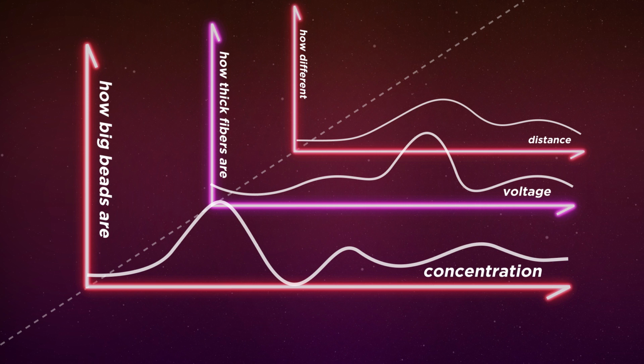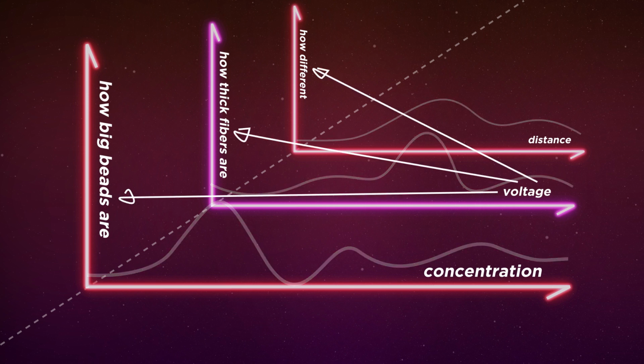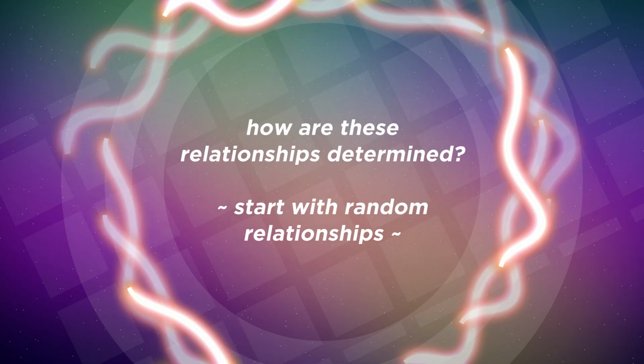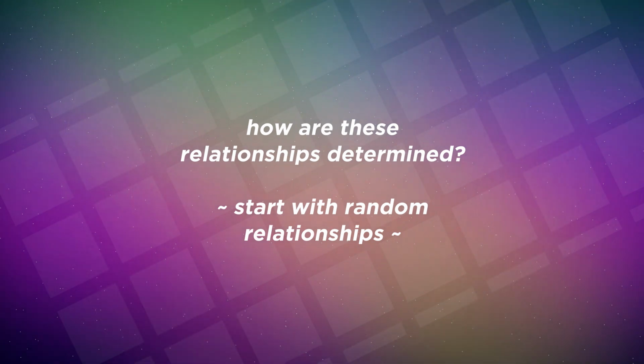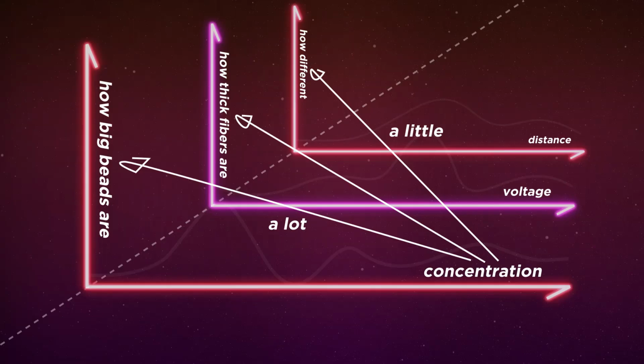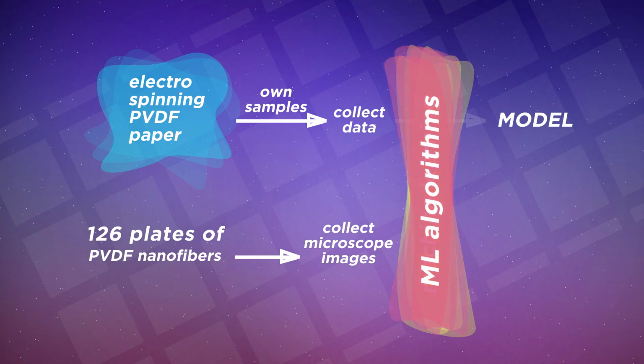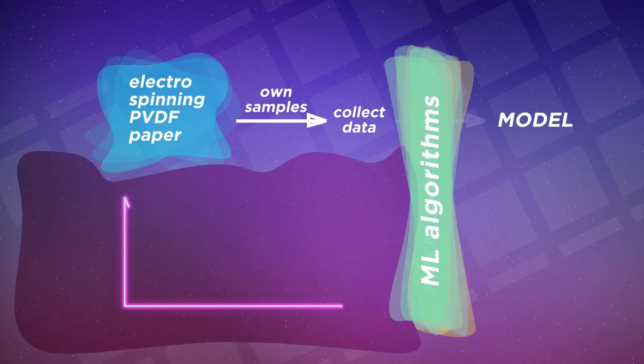We have this web of data where we know this affects this or this affects this. But how much they affect each other is what we have to know. So these relationships aren't simple. In some cases, we need to square the concentration value, while some factors have less weight. In other words, they don't really affect how the nanofibers come out. So exactly how do we determine those relationships? This is where those algorithms come in. An algorithm is just a set of orders that a computer follows to try to fit all the